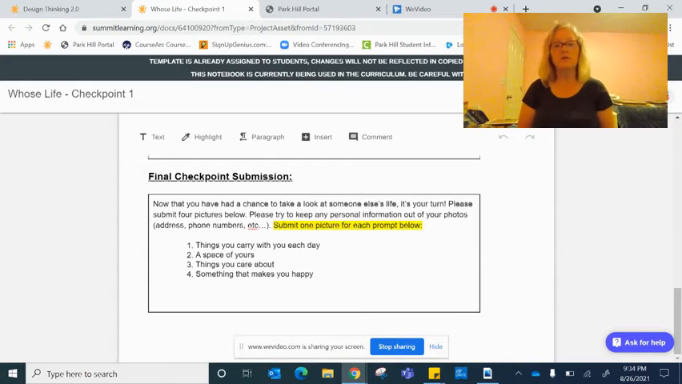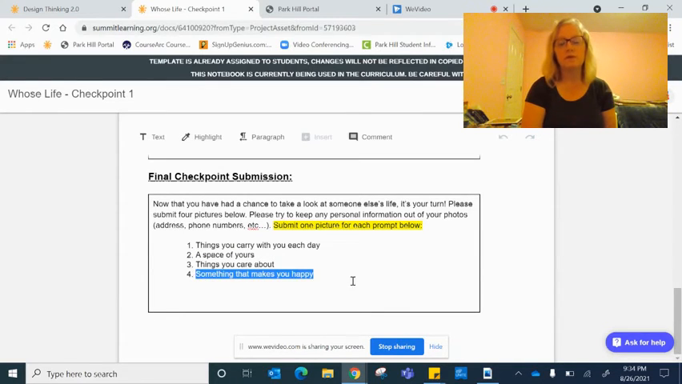Second thing I do want you to do today is create a Google slide with your own 4 pictures. And remember what those pictures are going to be. Number 1, you're going to take a picture of things that you carry with you each day. 2, you're going to take a picture of a space of yours. 3, you're going to take a picture of things that you care about. And then 4, you're going to take a picture of something that makes you happy. And try to keep